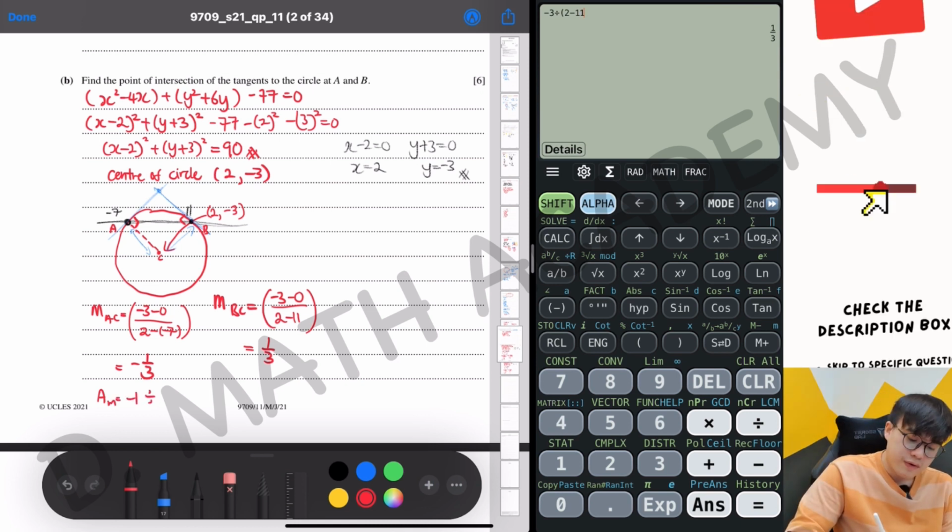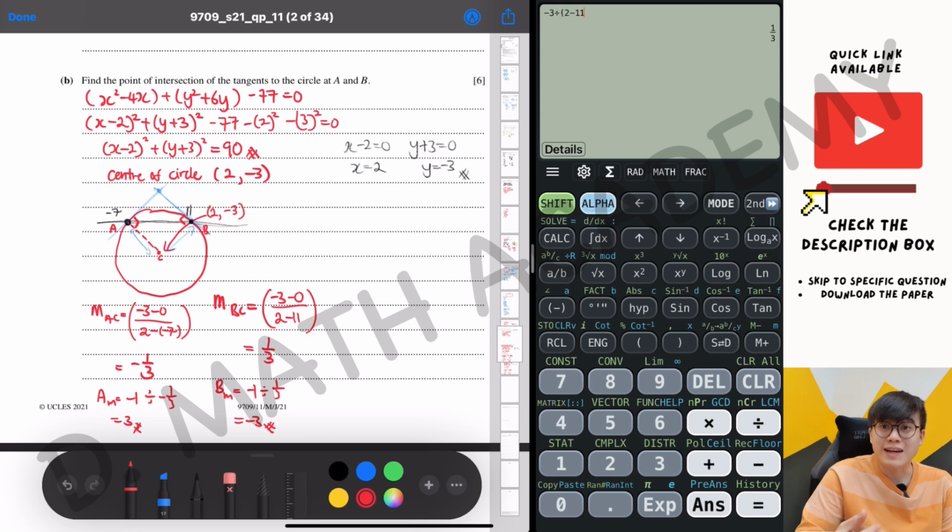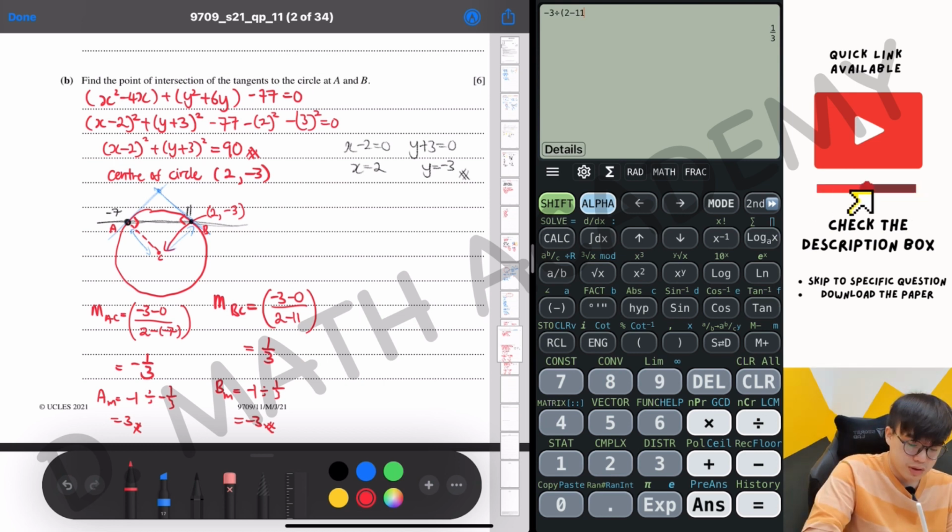So negative 1 divided with negative 1 over 3, you will get the answers as 3. And your B gradient is actually negative 1 divided with 1 over 3, you will get negative 3 for it. So with these two results, when you try to identify their respective equation,